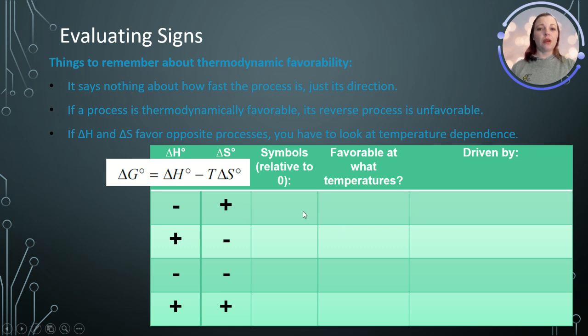And so let's talk about what that means, your symbols relative to 0. So delta H is less than 0 and delta S is greater than 0. And so then if you look at this as being like arrows on a number line, you can show that the arrows point to all values. And so then this is kind of cute because that's favorable at all temperatures. And that is driven by both entropy and enthalpy. In other words, both entropy and enthalpy are favorable in this system, and it will proceed regardless of the conditions